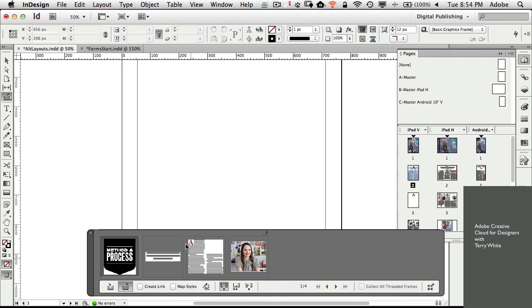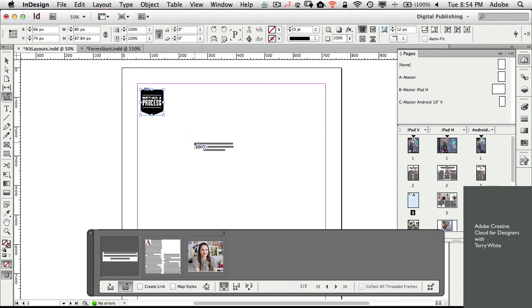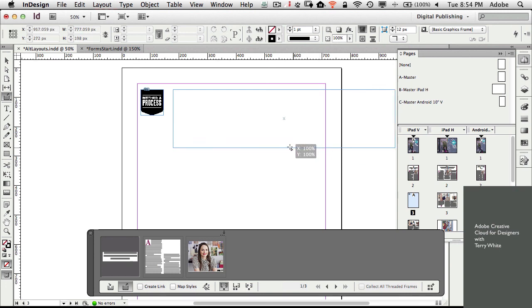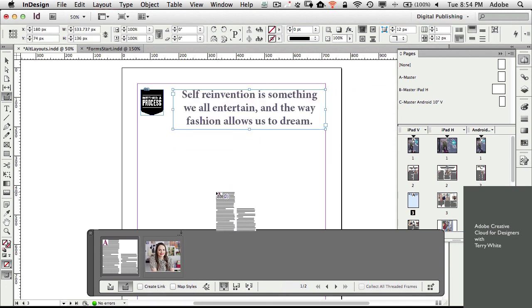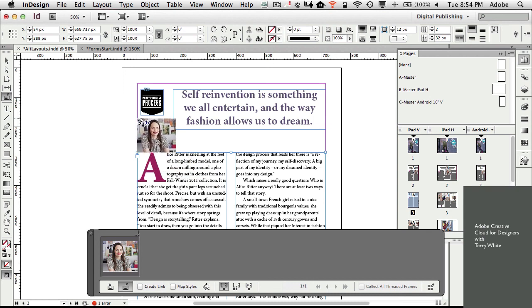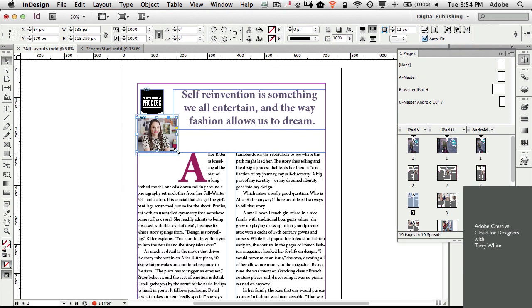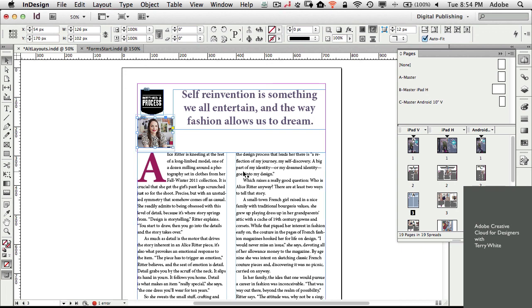So this first choice that's on by default means once I place this, it will be gone from the conveyor. I'd have to go recollect it again. But let's go ahead and scroll up here, and the ability here, as opposed to copy and paste, is I get to place that as big or as small as I want. I get to put this text wherever I want it to be. I can, again, click and drag and have that go wherever I want. I get to place this photo wherever I want the photo to be. So I get to redesign that layout based on my new placing using the conveyor,